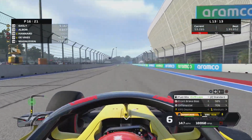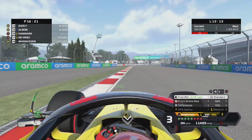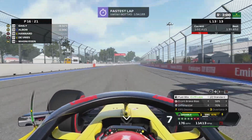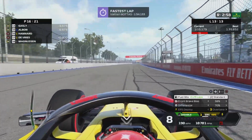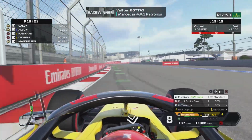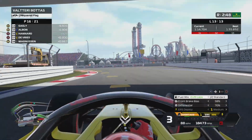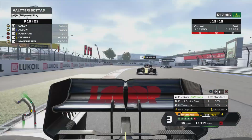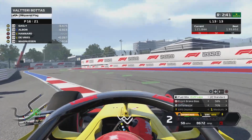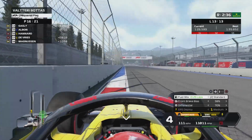Generally, we usually finish a long way ahead of him, and even today we started 22nd. He had an insane turn 1, and we still might finish ahead of him, but he has got the DRS. We use an overtake button to try and defend, but he doesn't really try anything on us. We go a little bit wide, but there's no chance now to really overtake, and Bottas has won again